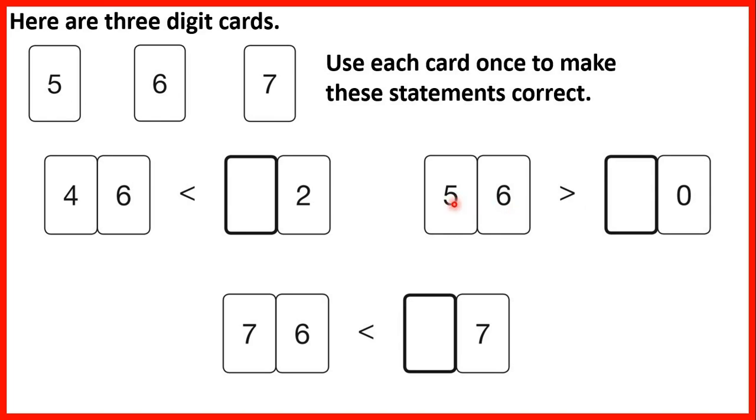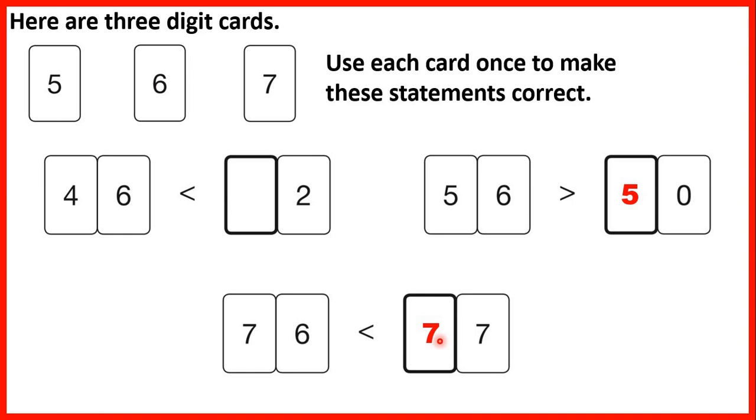So let's look here. We have 56 is greater than what number? Well, the only digit that works here is the 5, because 56 is greater than 50, but it's not greater than 60 or greater than 70. So here, the only card that works is the 5. And now, 76 is less than what number? Well, here, the only card that works is the 7. 76 is less than 77, but it's not less than 57 or 67,